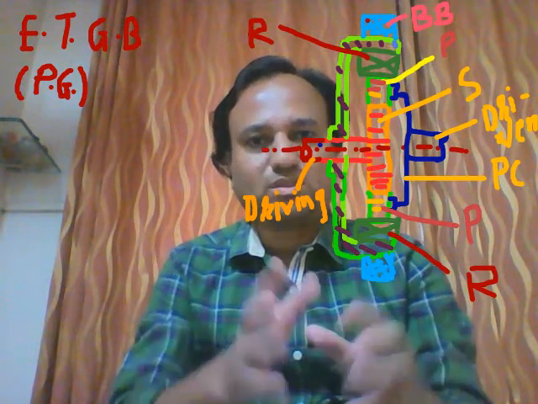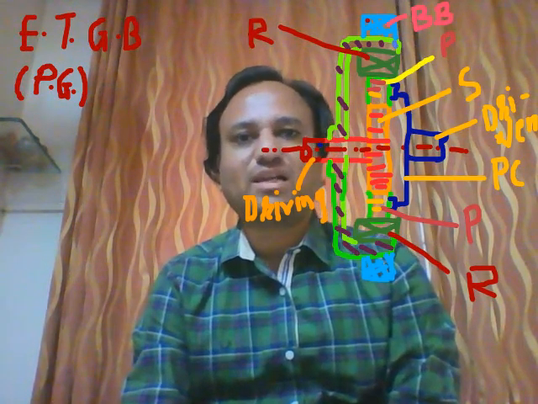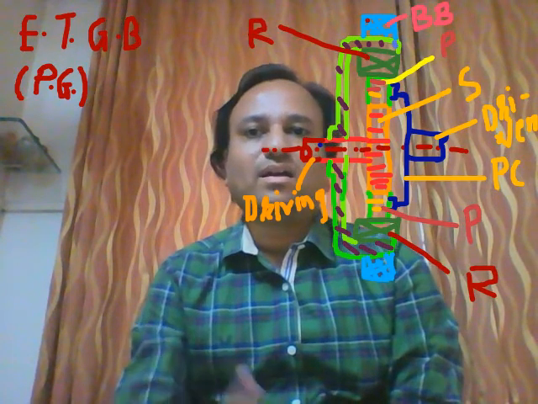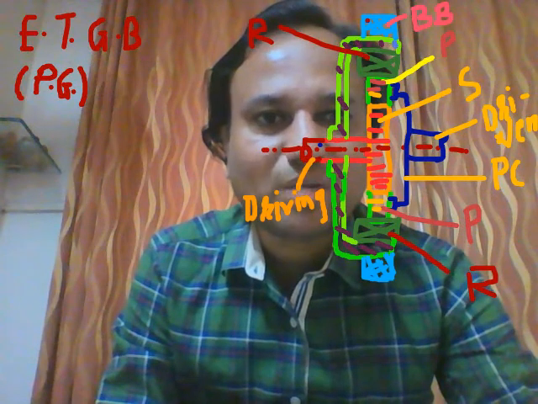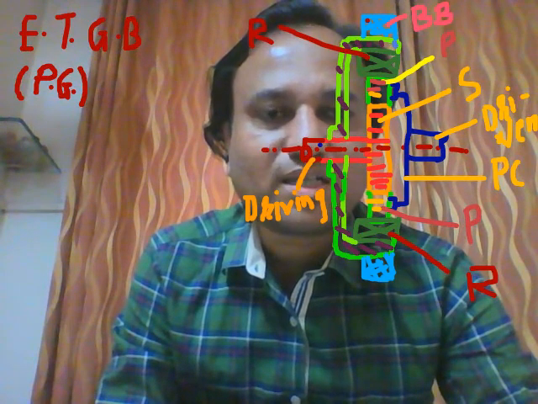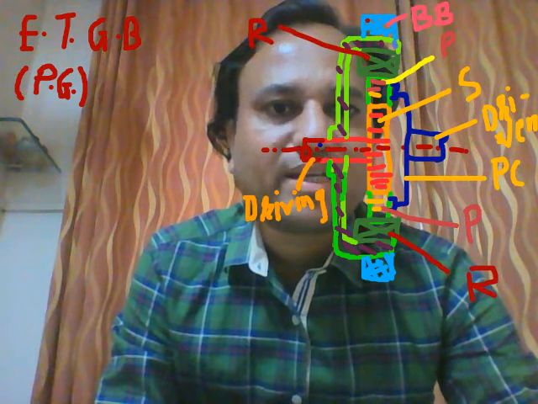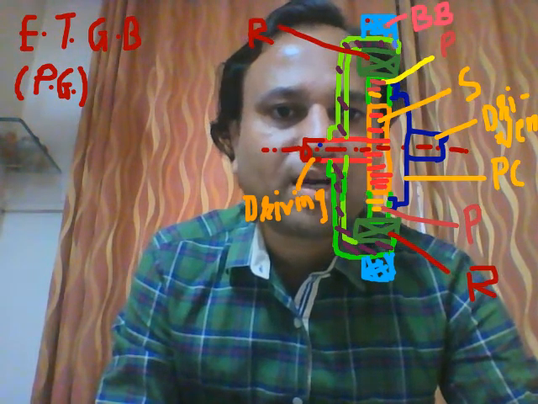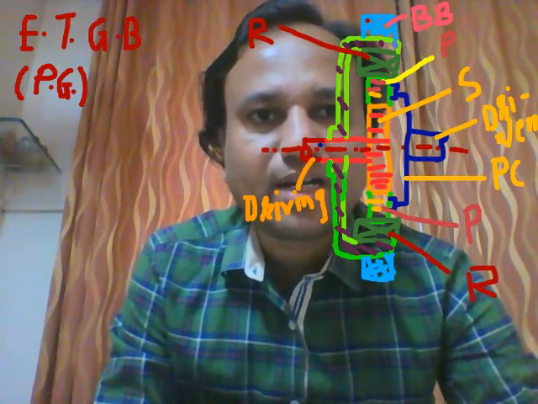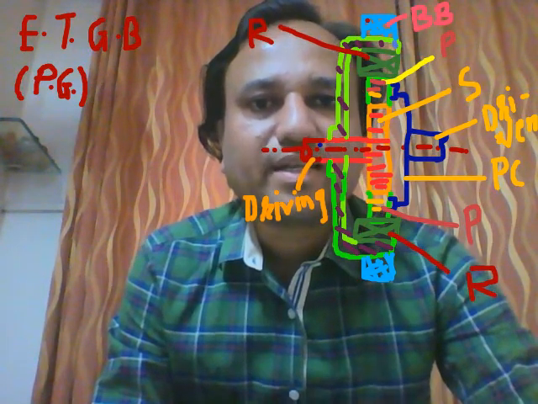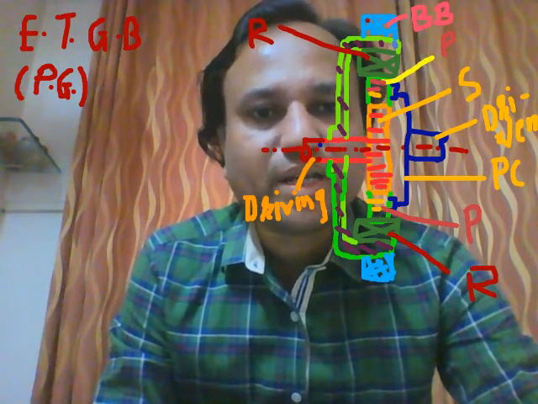Student, let me revise the constructional details of the epicyclic train type of gearbox or planetary gearbox. The driving shaft is connected to the sun gear. The driven shaft is connected to the planet gears via the planet carrier. The planet gears are connected to the ring gear. Again, the ring gear is coupled with the band brake.